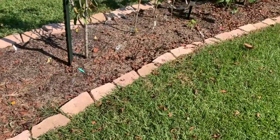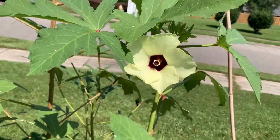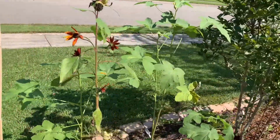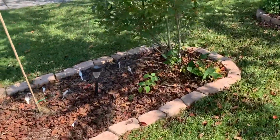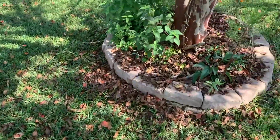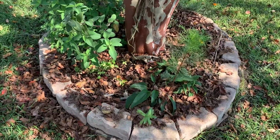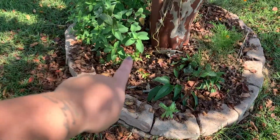Mama, I was checking on her. But here's another okra bloom. Goodness gracious, I love okra blooms. And then here is some beautiful autumn beauty sunflowers. Red sunflowers. But nothing is really here right now. Our bluebirds. Ooh, little lizard. And then over here, I do have a lone cosmo, my coneflowers, bee balm, a little parsley guy who's